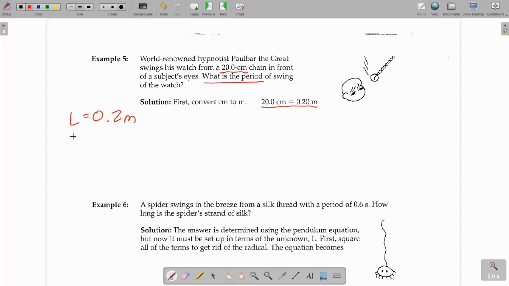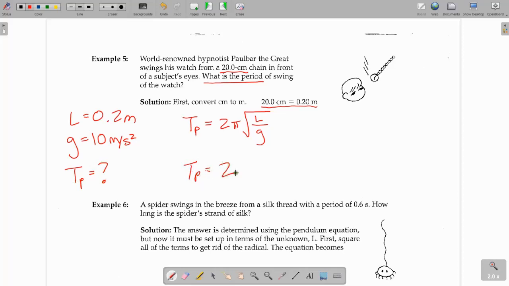We know, since we're doing period of a pendulum, remember our equation. I'll just write it out right here already. Period of a pendulum is equal to 2 pi times the square root of length over acceleration due to gravity. So we also know that the acceleration due to gravity is 10 meters per second squared. And then we are solving for the period of a pendulum. Okay. So when you plug this in,